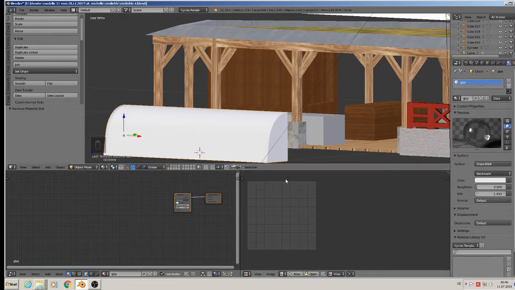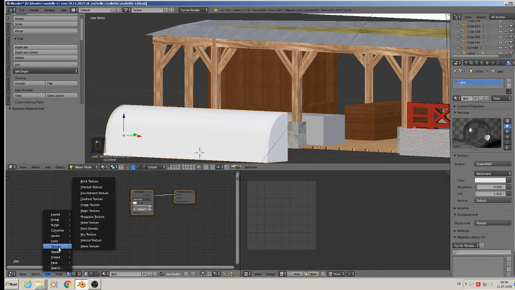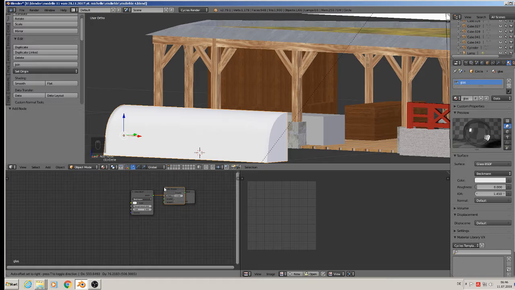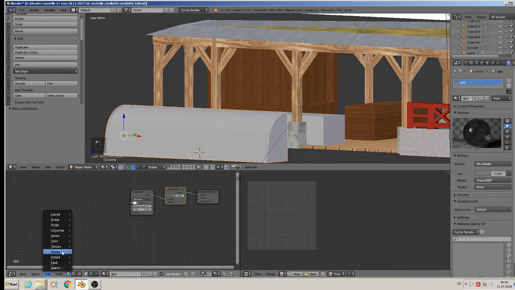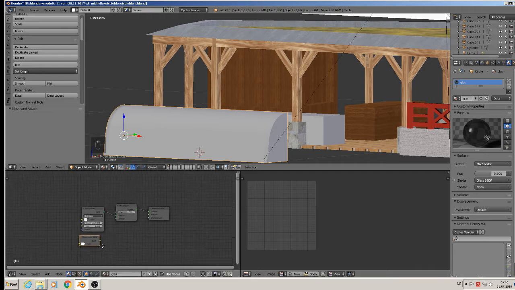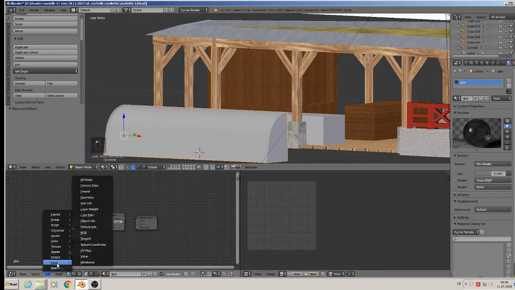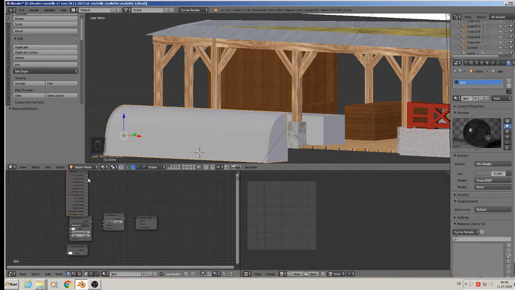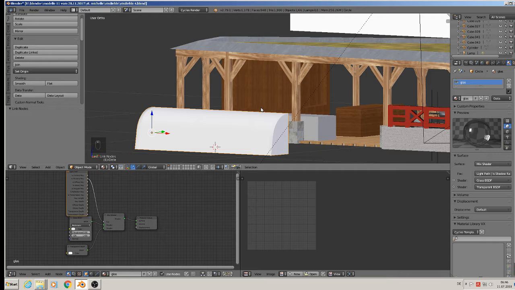Take the glass shader, and we need to add a mix shader, and we need a transparent shader, and a light path. So add input light path, and we say the shadow ray shouldn't be in there, it should be transparent. So we have a glass shader,